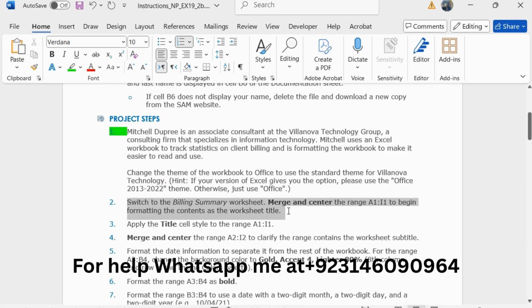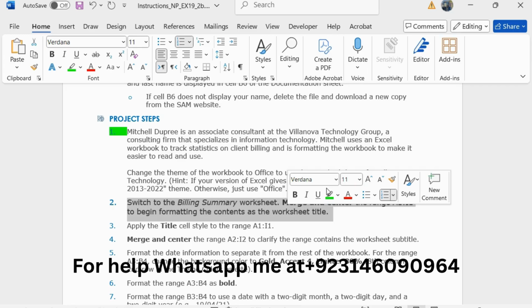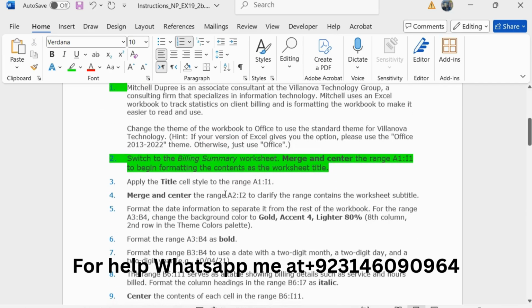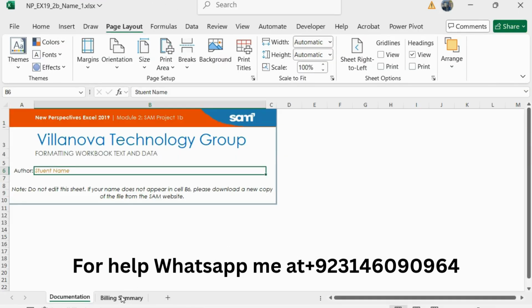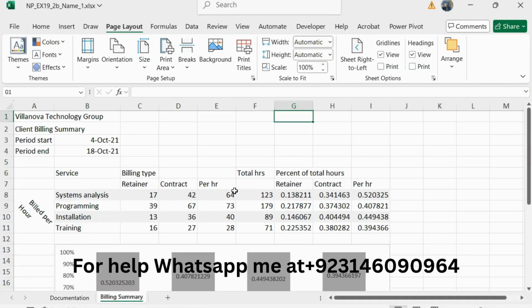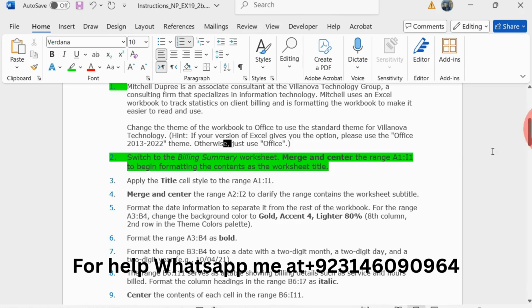And step number 2 is switch to the Billing Summary worksheet. So first we need to switch to the Billing Summary worksheet. This is the Billing Summary worksheet, and merge and center the range A1 to I1.